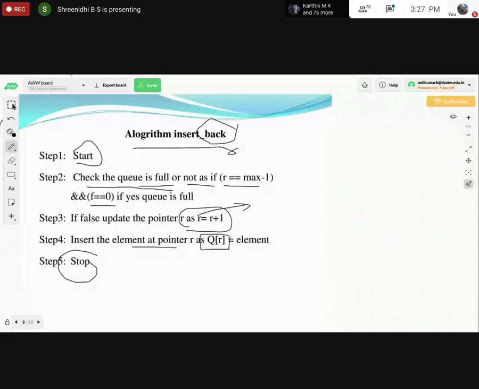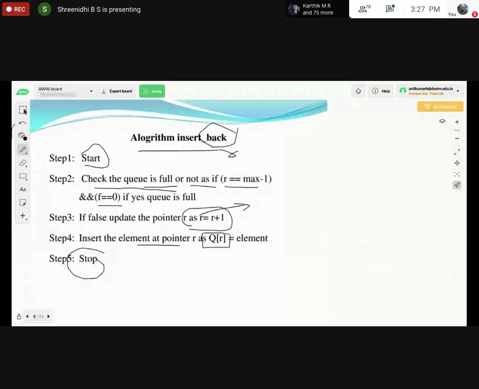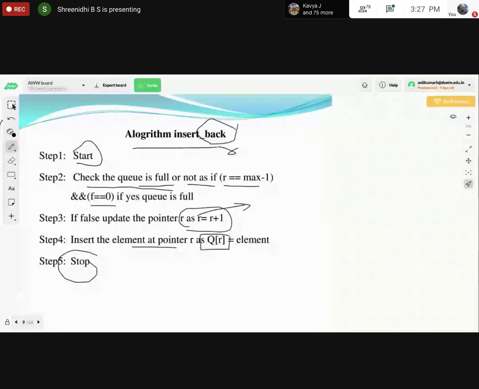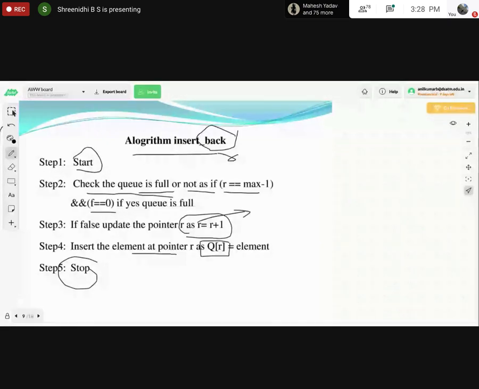Listen carefully, these questions they will mainly ask in your placement drives, not in the semester. When you go to the 7th semester and go for the placements, definitely they will ask these questions: inserting the data from different ends of the queue, give a simple algorithm. So please retain all the copies of slides I have shared with you. At the time of placement, it will benefit you more.